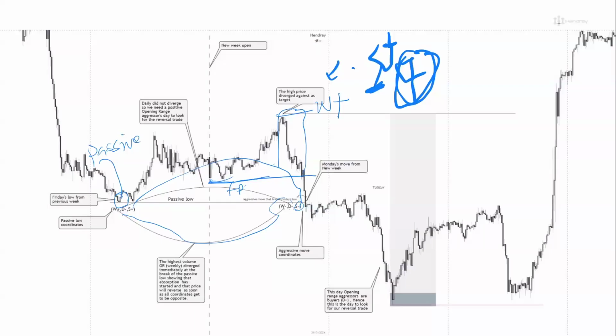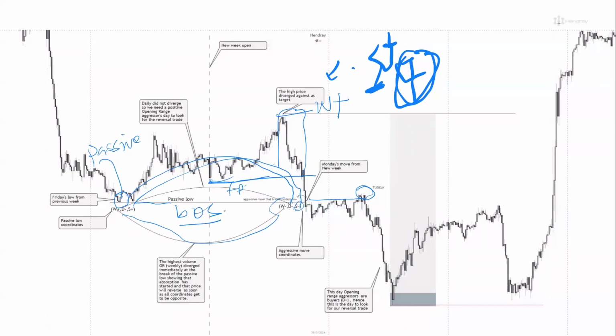Okay, but D minus and D minus, showing you that what? Absorption is not done, which means price still wants to sell more. So that's why I told you that you can take this sell. Why not? Because that is telling you when there is no full absorption, then it means that the break of this low is still a true break of structure.